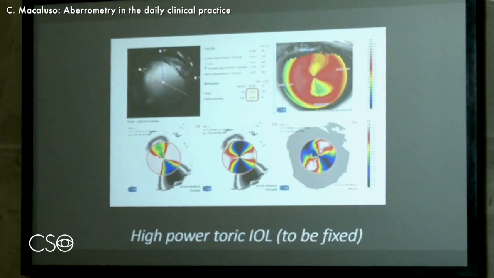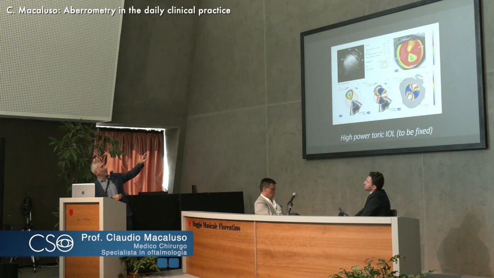You see, again, center and right, that the two astigmatic patterns are not orthogonal, and so the astigmatism is by far not corrected. Actually, in the red square, the astigmatism is 14 diopters right now, but the software is helping us and tells that if we rotate the IOL, we can go down to about 2 diopters of